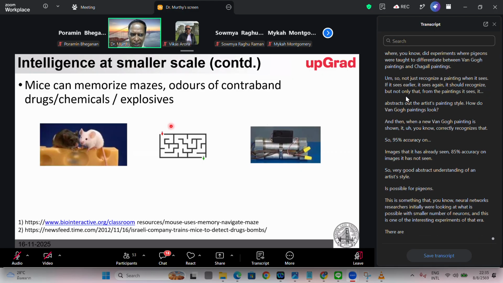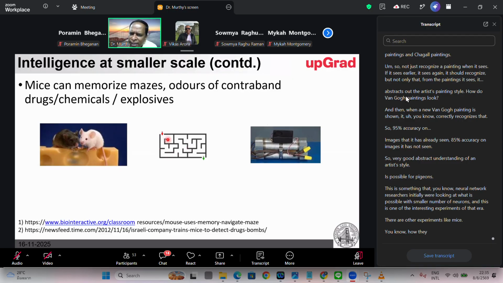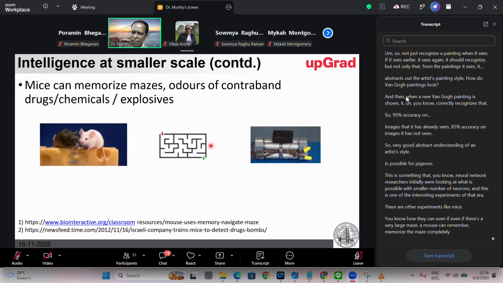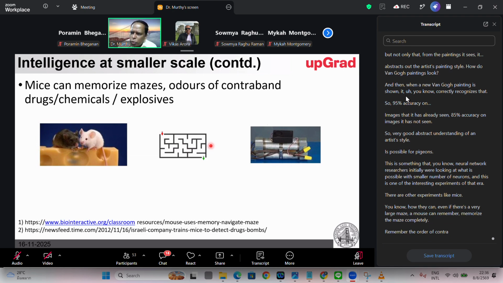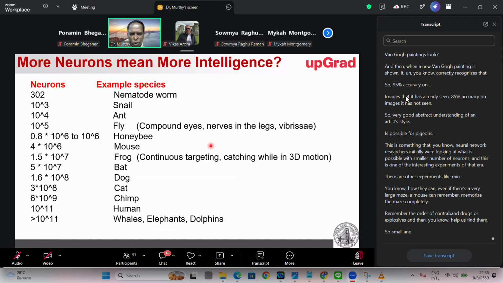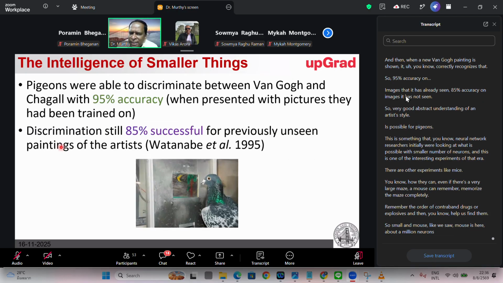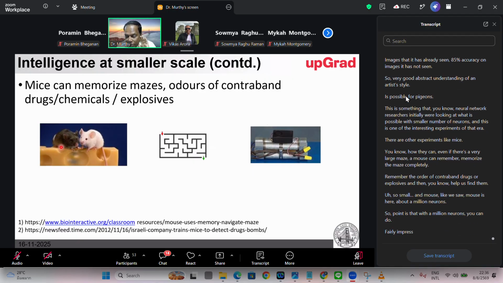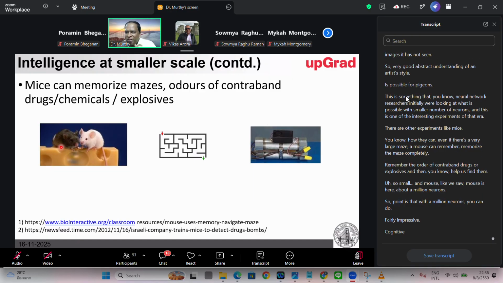There are other experiments with mice, showing that even in a very large maze, a mouse can memorize the maze completely, remember the order of contraband drugs or explosives, and then help us find them. A mouse, like we saw, has about 1 million neurons. So the point is that with 1 million neurons you can do fairly impressive cognitive tasks as well, not just survival